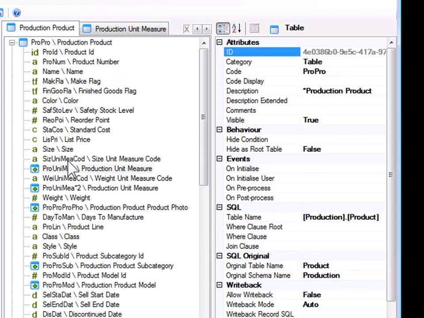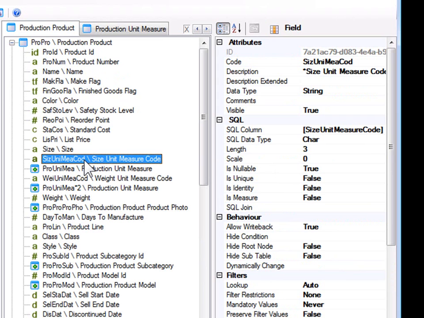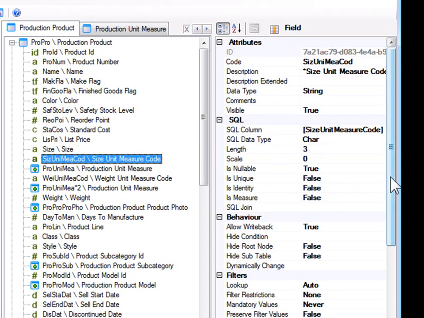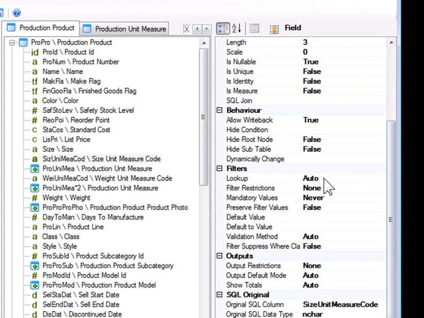Now the automatic logic does a pretty good job of it. What it will do is infer that this field here is related to the code in the join below and associate it with that lookup. But if for some reason you want to override the logic, you can use inheritance. So I'm just going to select measure code and go to the lookup,